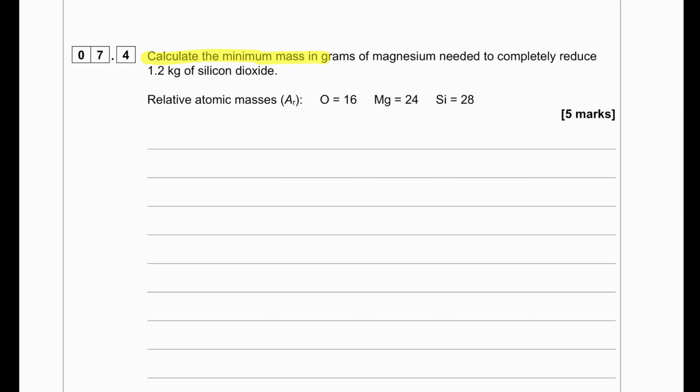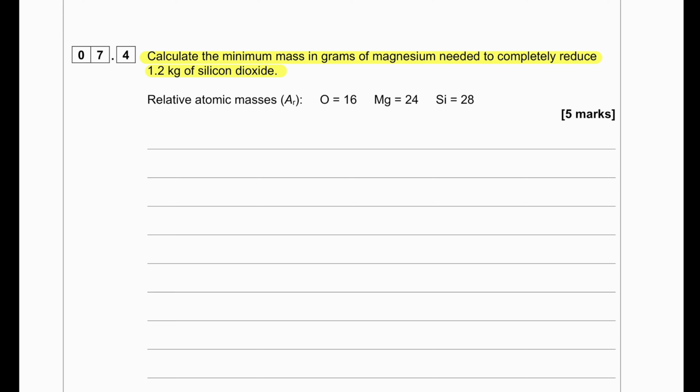Calculate the minimum mass in grams of magnesium needed to completely reduce 1.2 kilogram of silicon dioxide. So guys, in a question like this, the first step we should do is find out the amount of SiO2. Once we find out the amount of SiO2, we need to convert the 1.2 kilogram into grams, which will be 1200 grams. Then we're going to find out the number of moles of silicon dioxide by dividing the 1200 by 60,